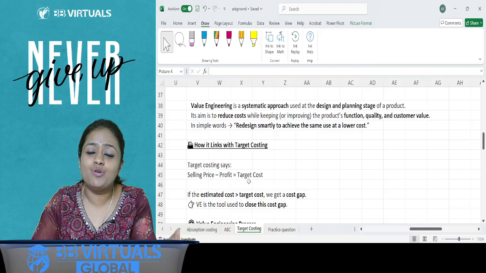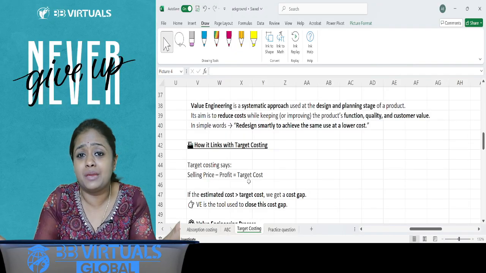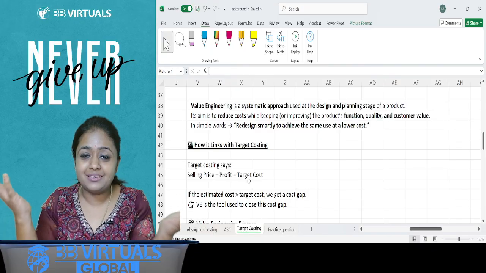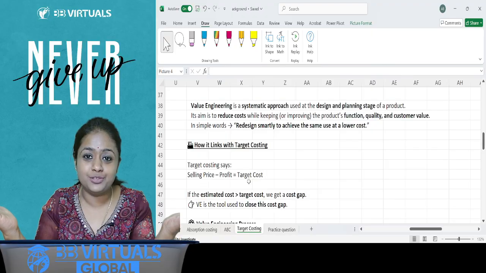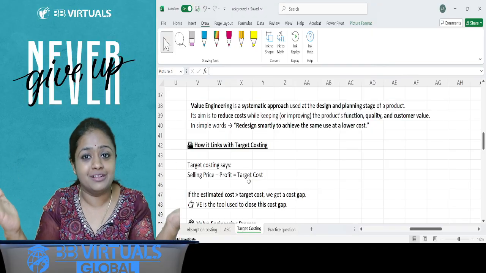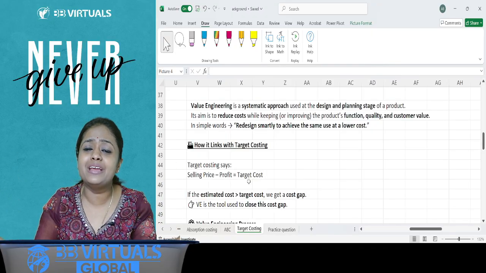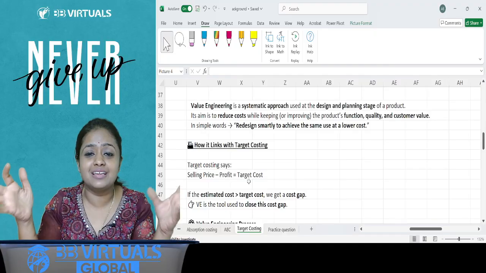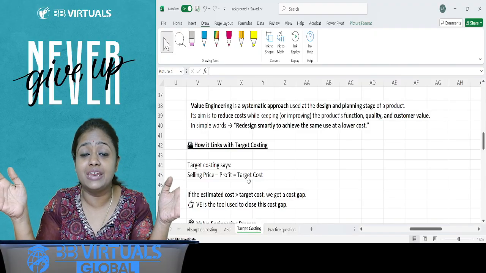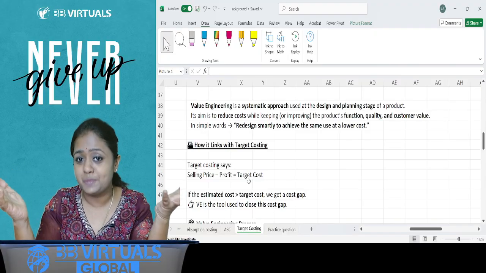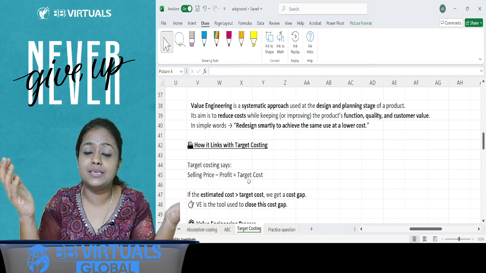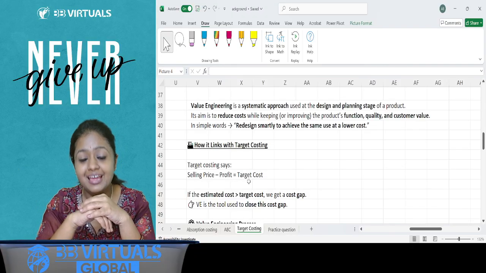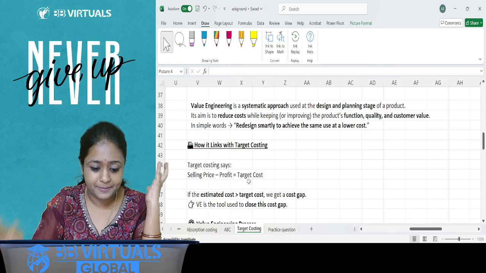Even the Nano was serving the same purpose as the Maruti Suzuki Alto was serving. Yes, there were some quality issues, otherwise they were at the same levels. I know many of you may be car lovers. We have so many cars that come under different names, but they carry almost the same specifications, and sometimes you choose not to spend 10 lakhs more when you get the same thing here. So that is reducing your cost gap.